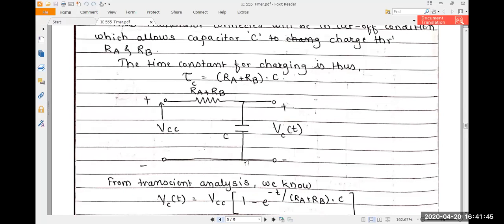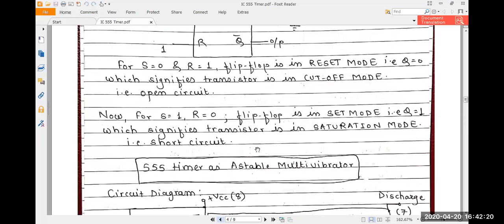Now this is about the basics of the IC 555 timer. Now we are going to see how this particular IC 555 timer can be used in applications, or how it can be used as an astable multivibrator or monostable multivibrator. Remember, the 555 timer IC is used to generate square waves of asymmetrical and symmetrical types, as well as it can be used to generate sawtooth waveforms. But here in this case, we are considering the 555 timer as an astable multivibrator.